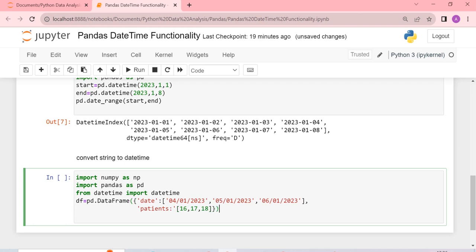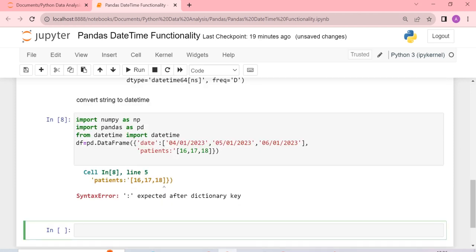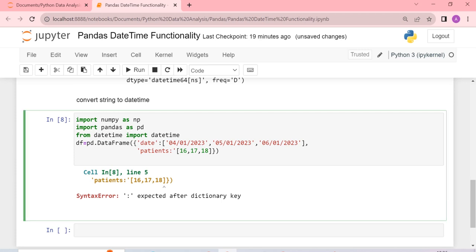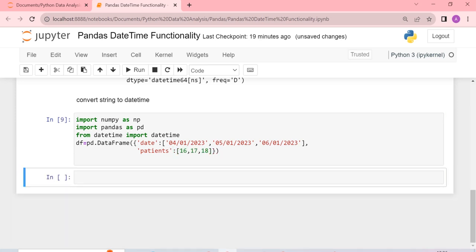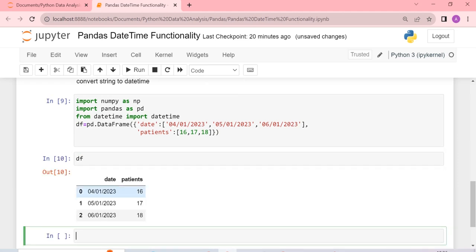Let's run and check. Alright, this gives me an error here. This is because of the quotation. So the quotation should be like this. And now when I go and check my data frame, this is how my data frame looks like